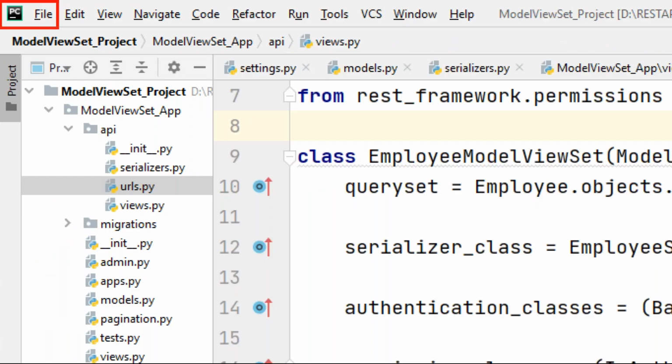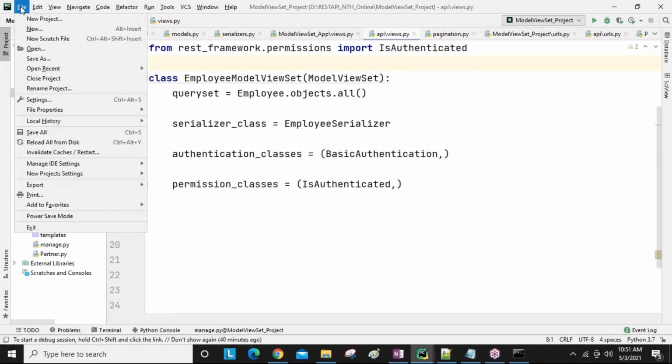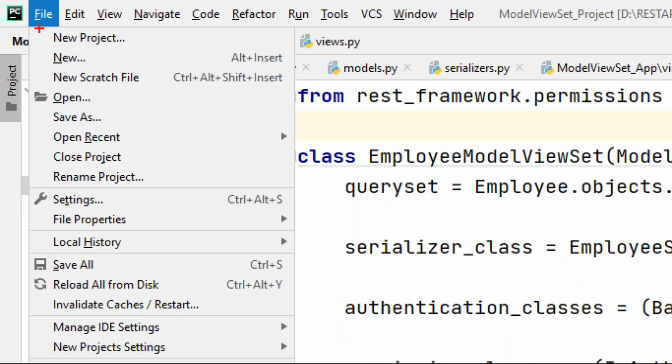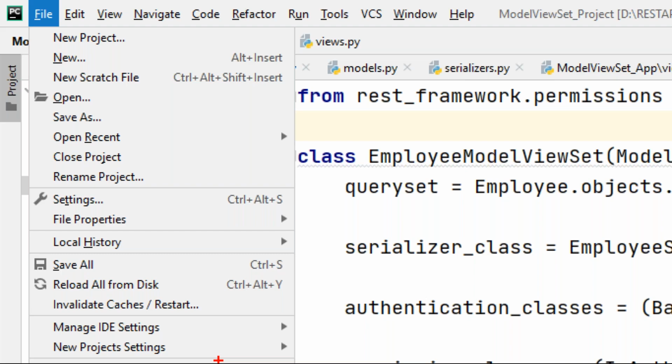Here are the menus, guys. First, the file menu is there. So click on the file menu, guys. Then one window opens. In this window there are so many lines, forget about all of them. What we require, we will discuss slowly and understand.